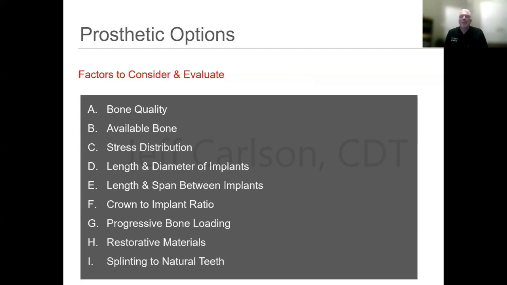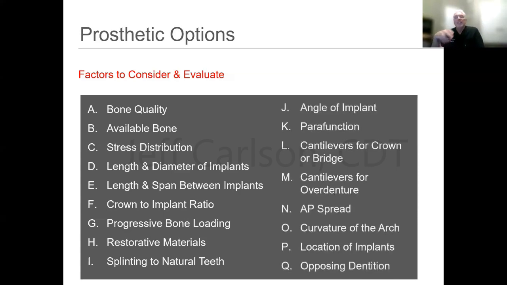So there is a list from A to Q that was developed many years ago with a dear friend of mine. I'll bring him up here in a little bit. But in a snapshot, we thought about what are all the things we need to think about, like your pilot checklist once again. Now, of course, we're talking about overdenture, so splendid natural teeth may not be a part of that. Or if you're doing crown and bridge, maybe you're not worried about